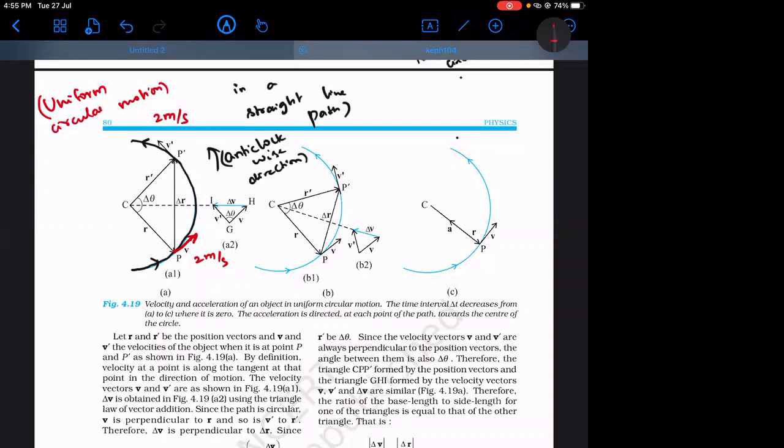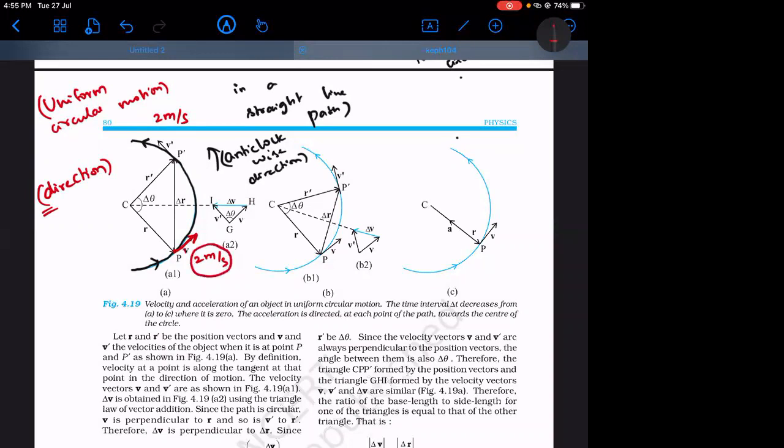What is changing? I'm expecting an answer. It is direction. The direction is different, which means the way you draw the tangent at different locations is different. Okay. So at this point, the velocity is,